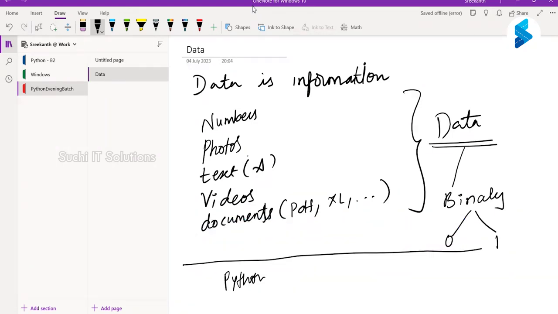So every software application that you install on your laptop takes care of converting the respective data, which is photo, video, number, whatever, to the language that the computer understands.